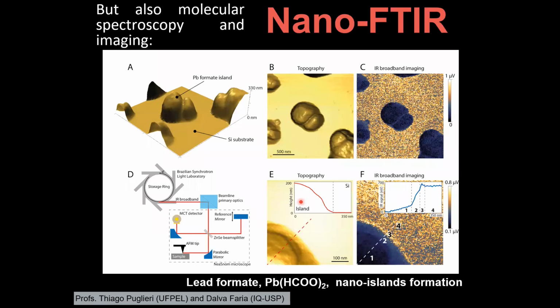But synchrotron machines are not only X-rays. As I said, we produce light from the infrared to the hard X-rays. This is an example of the infrared beamline that we had at our past synchrotron. Here we are